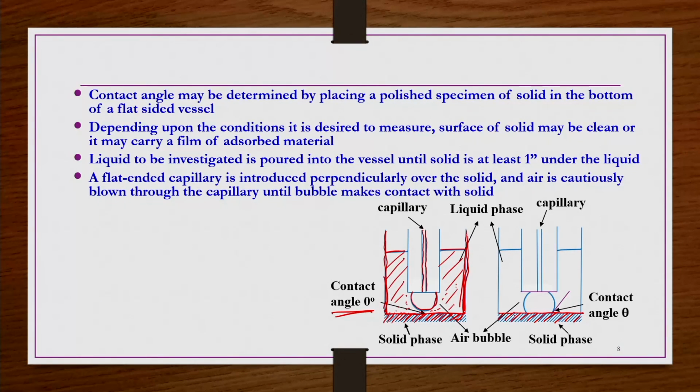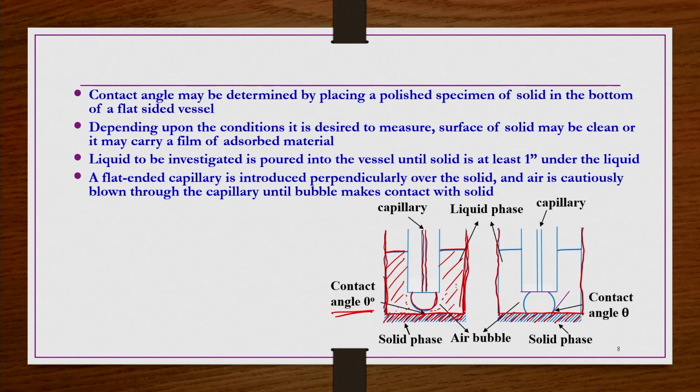Let us say if you are measuring contact angle for a pure solid surface, so that surface should be pure and there should not be any material attached to the surface. If you wanted to measure the contact angle for some foreign material, then that material has to be attached as a kind of thin layer on the solid surface, and then a similar process we have to do. So, let us say this solid surface is there, and then whatever the liquid you wanted to measure, you pour.